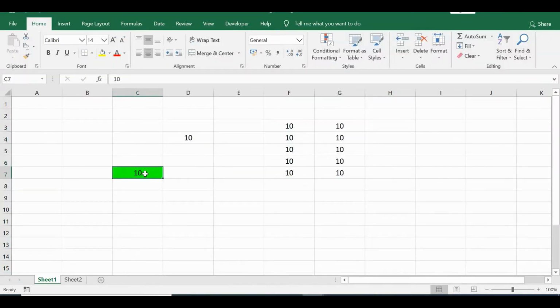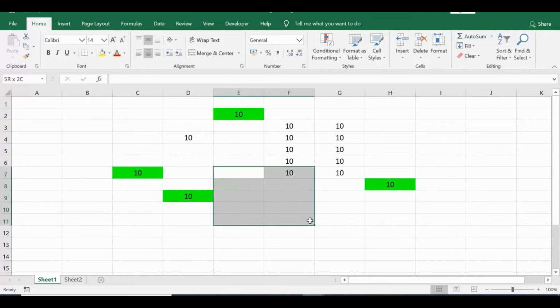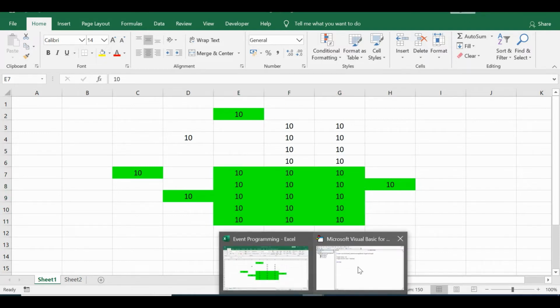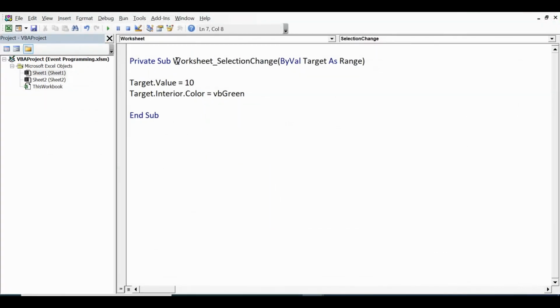So if I select any cell, now the value is 10 and the color is green. So we can write any code on worksheet selection change. Whenever we select any cell or range, that code will be executed and the task will be performed.